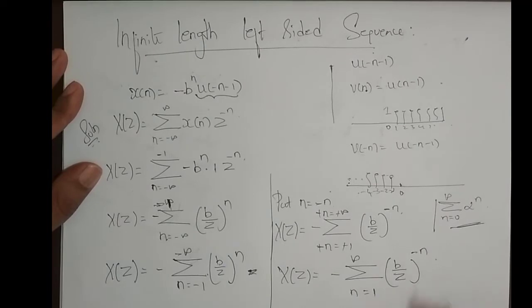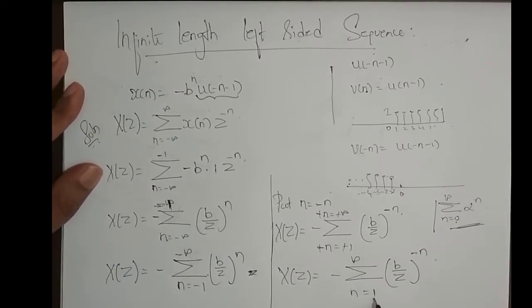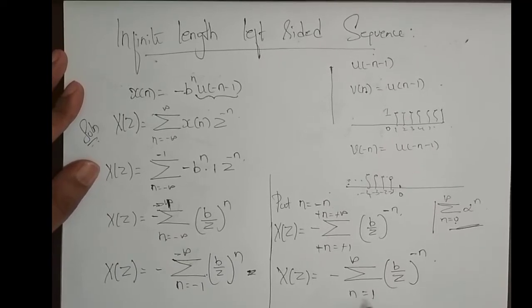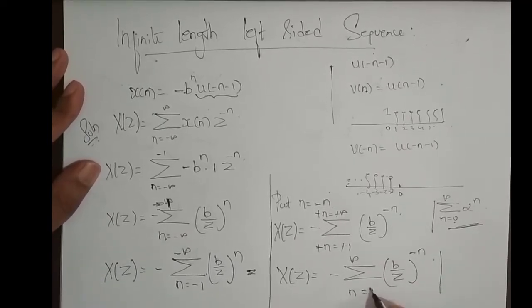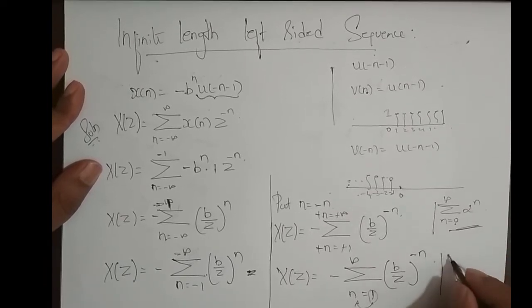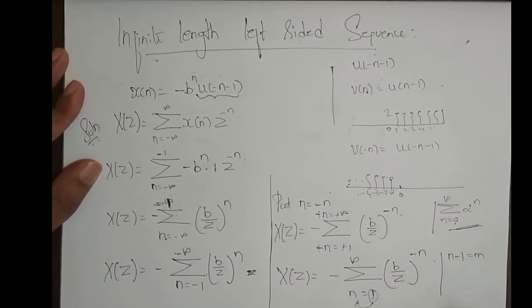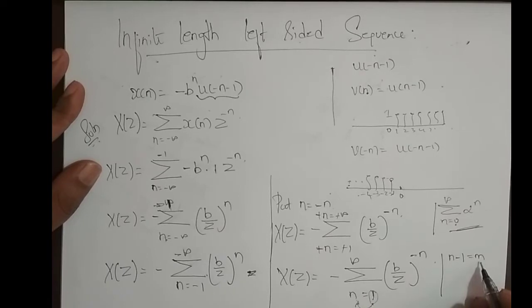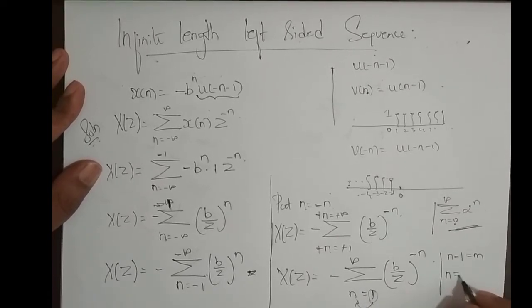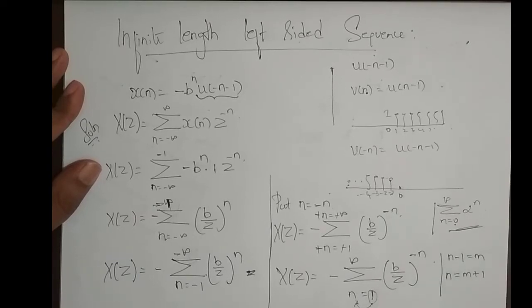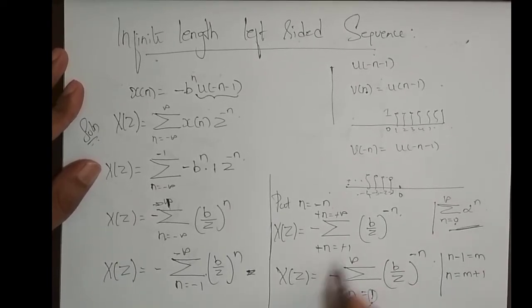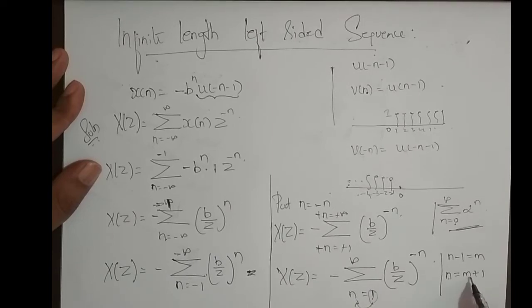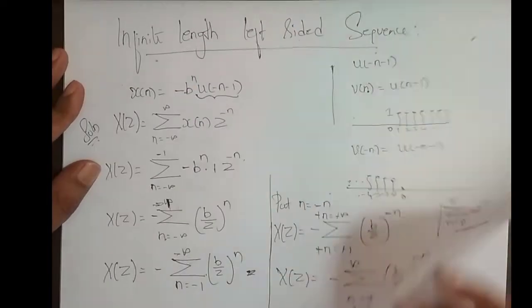Fine. Now, what do I have here? 0. But what do I have here? It is 1. So I want to bring this lower limit to 0. What do I need to do to bring this lower limit to 0? This we have done a number of times in the previous videos. You take this to the left hand side, call it with a dummy variable, n minus 1 is equal to m. Take it to the left hand side and call it with any dummy variable, and write it in terms of n. What is n? n is equal to m plus 1, if this minus 1 goes to the other side. Now in this summation part, wherever n is there, I'm replacing it by m plus 1. I'll do it on the next page.